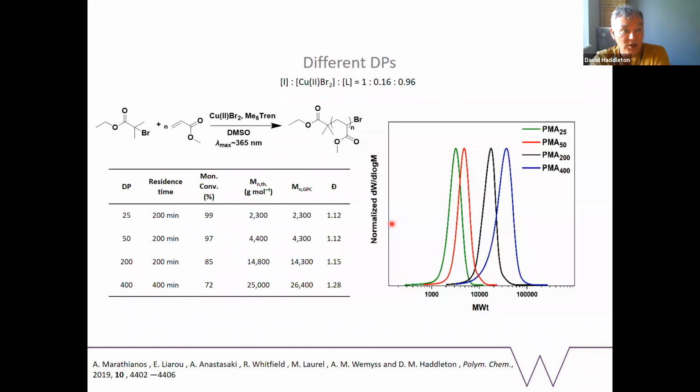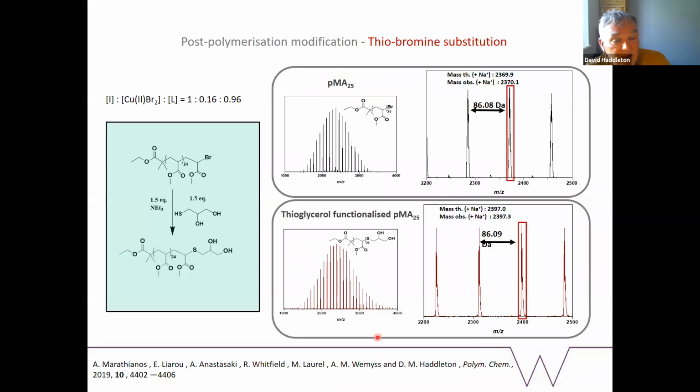Here you go. So then what we've got here is our reaction now in the light system in DMSO with a hydrophobic monomer, and we get higher molecular weights using that flow system. At the same time, we can get extremely good end group fidelity. And now how we use this in the flow system is we have this as our product,